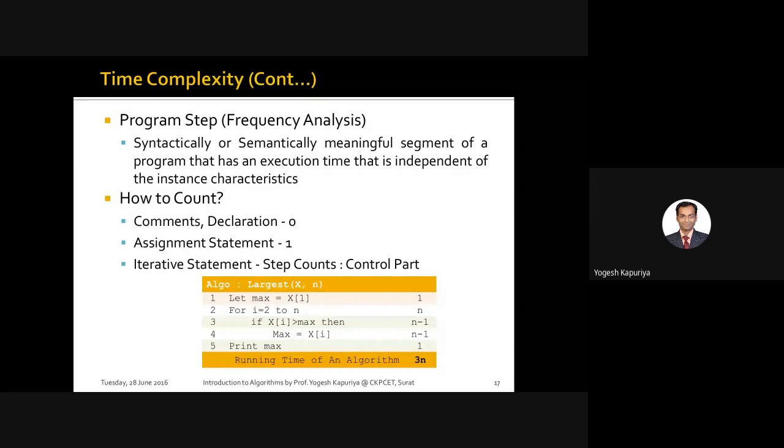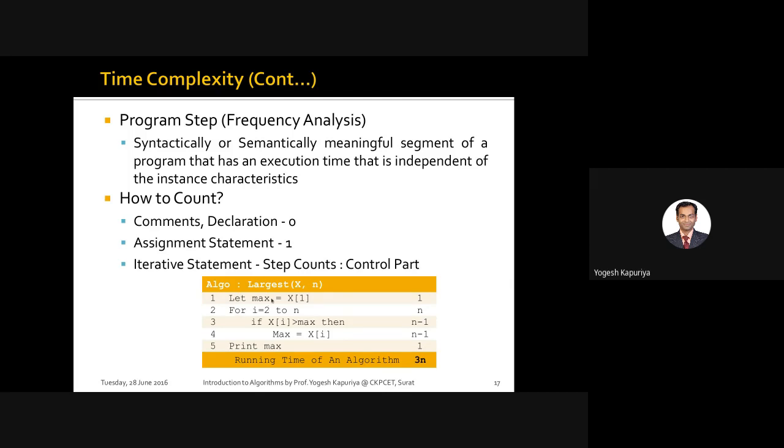Then I will check every number of the array with the maximum. And if I find something which is greater than the maximum, then I will update the value of maximum to that number. So after running through the entire array, at the end, I will have the maximum number ready. So this is a very simple approach to find the maximum. There can be other approaches as well, but this is the simplest approach to find the maximum of any array. So let us try to put it in algorithm form.